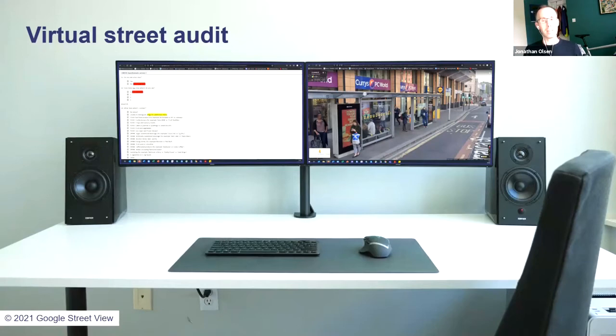But the great thing about this data is it can take you virtually to lots of places very quickly using Google Street View data. So we recruited 3 fieldwork researchers who basically sat at a computer that looked like this. And on the right hand of the screen, you were taken to each of those 10,000 locations. And on the left hand of the screen, you're asked whether A, there was a bus stop there, B, whether it had an advertisement there. A lot of bus stops are just a pole without an advertisement, and then how many advertisements were there, and then to rate each of those advertisements using that questionnaire that we've developed.